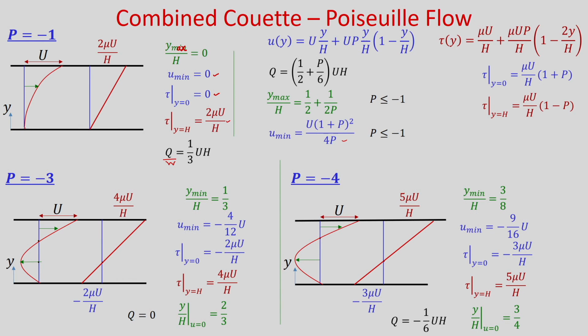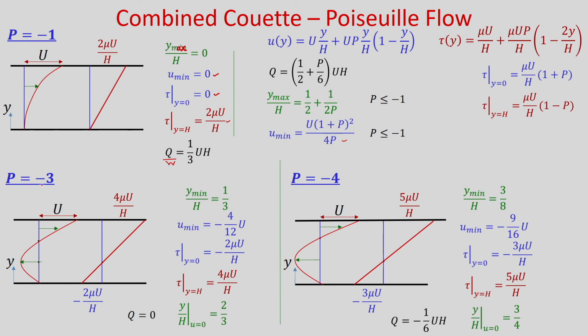So, you can see when the shear stress becomes 0 near the bottom plate, the fluid sitting over this plate will not experience any shear stress, right. So, if you slightly decrease the pressure gradient, there will be flow reversal. So, this is the point of onset of flow reversal. At this point, for P is equal to minus 1, this is the onset of flow reversal, and if you decrease P, then obviously flow reversal will take place.